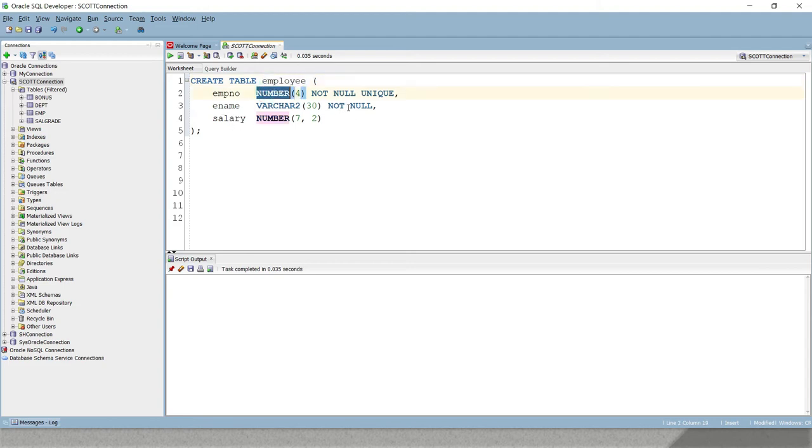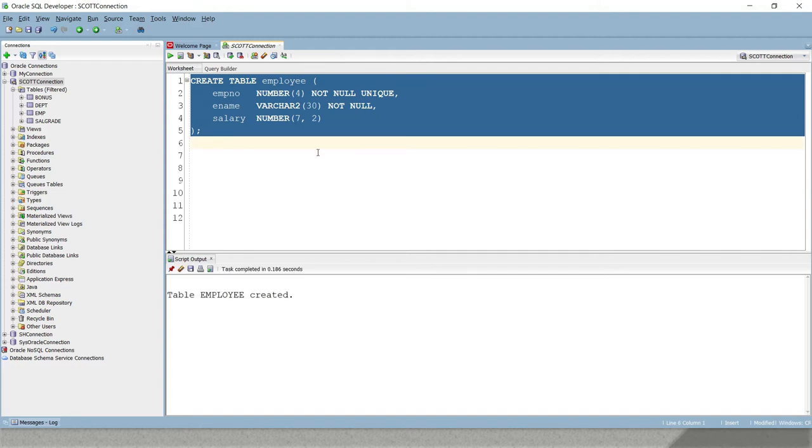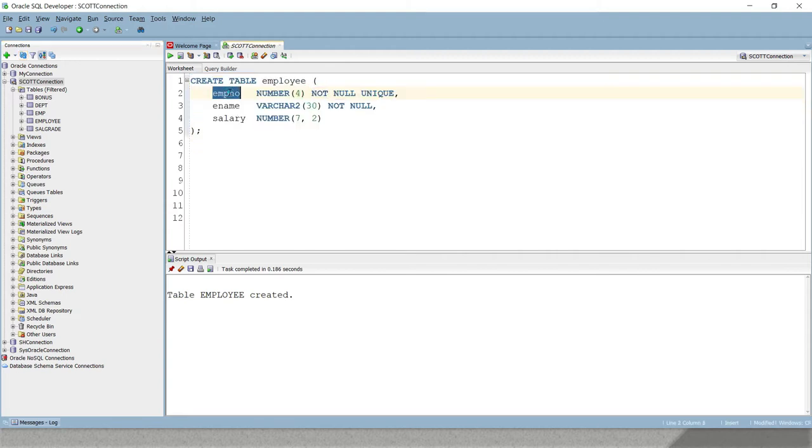Here you can see employee number. Here we are going to apply two constraints: not null and unique. If I try to create the table, then Oracle allows me to create it, and the table has been created. If I refresh, then here you can see it. Now what do we mean by not null and unique? We have applied two constraints on employee number, right? Employee number cannot be null, which is enforced by the not null constraint, and unique will enforce uniqueness, meaning in this column employee number all values should be different and unique, right? So those are the two constraints we have applied separately.